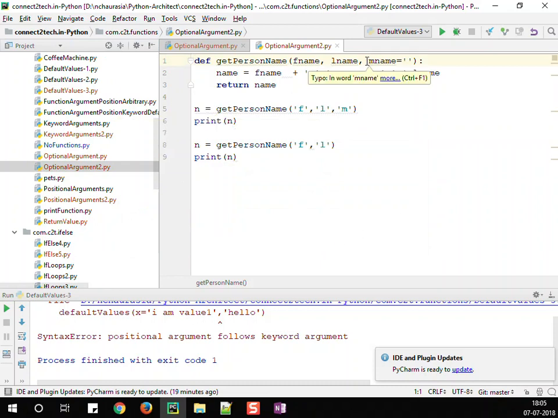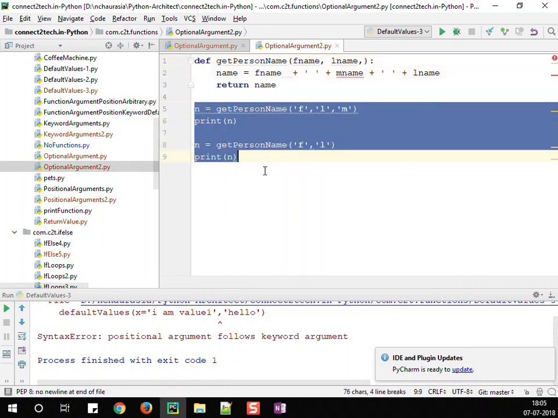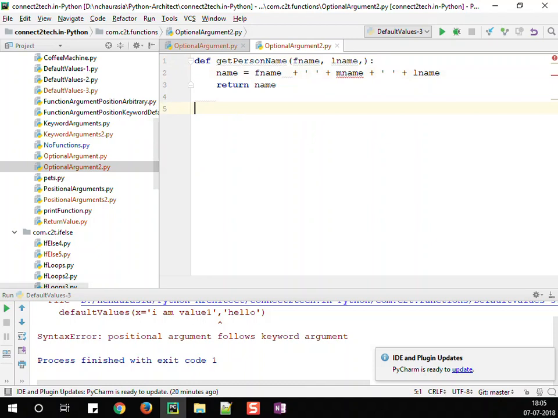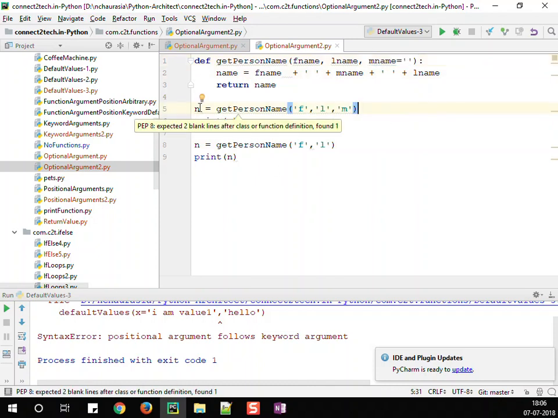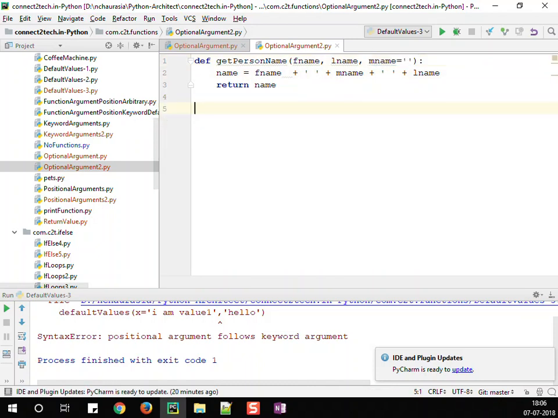Okay, now let's say this is my function here, and in case I want to make an argument which is optional, what I will do is define an argument and assign some value to it. Okay, now let's say so far I have created argument 1, argument 2 and argument 3 which is holding some value. Now if I call this function, for example,